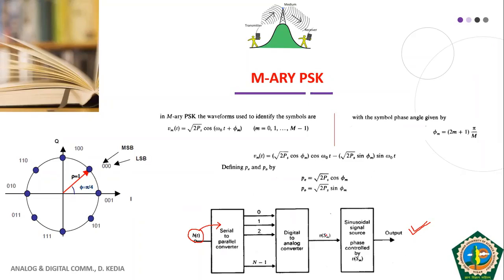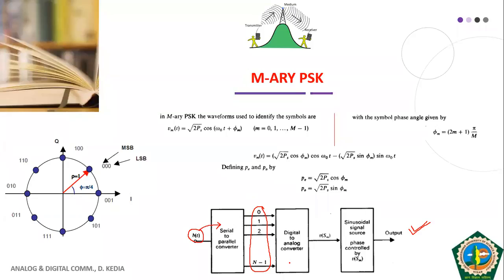Okay, so here, as I told you, we are considering n number of bits for each symbol. So we will have n number of branches. These are n number of parallel streams corresponding to n bits in each digital symbol. These n bits together represent a symbol amplitude that will correspond to a given phase for a sinusoid that we will transmit.